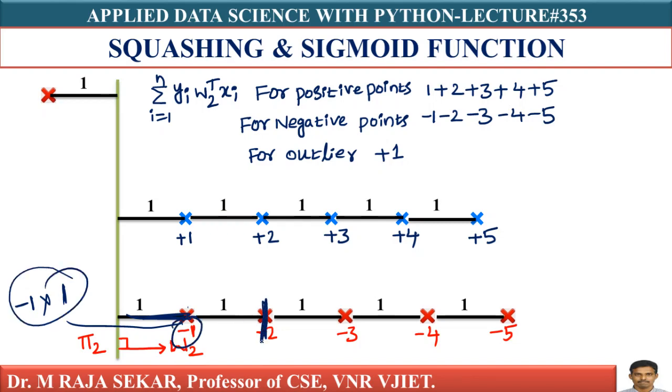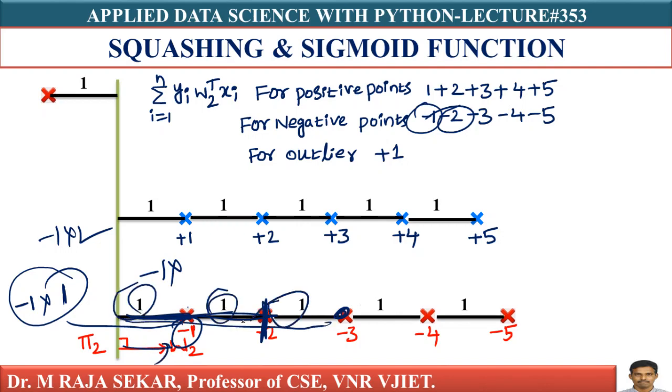In similar manner, what about this point? This distance is 2 units. It is in the direction of normal only. Its label is minus 1. Minus 1 into 2, that's what you will get, this minus 1 and minus 2. What about this point? This label is minus 1 and it's in the direction of normal only. What is the distance? 1 plus 1 plus 1, 3. Minus 1 into 3 is minus 3. In similar manner, I will get minus 4, minus 5.